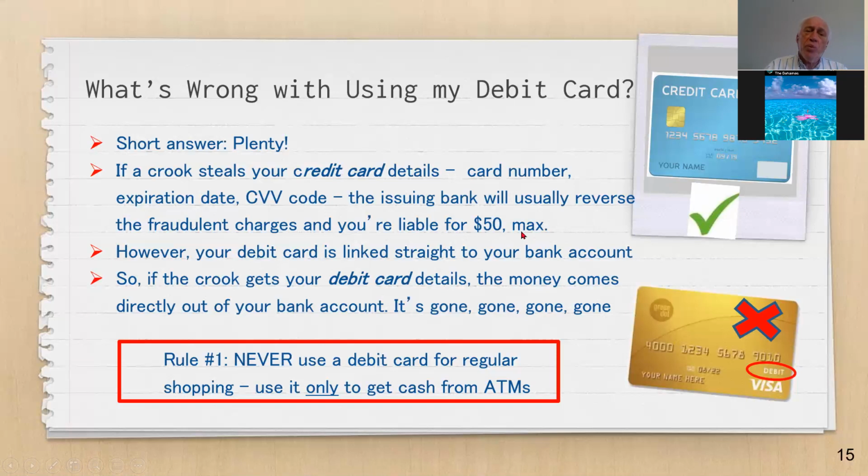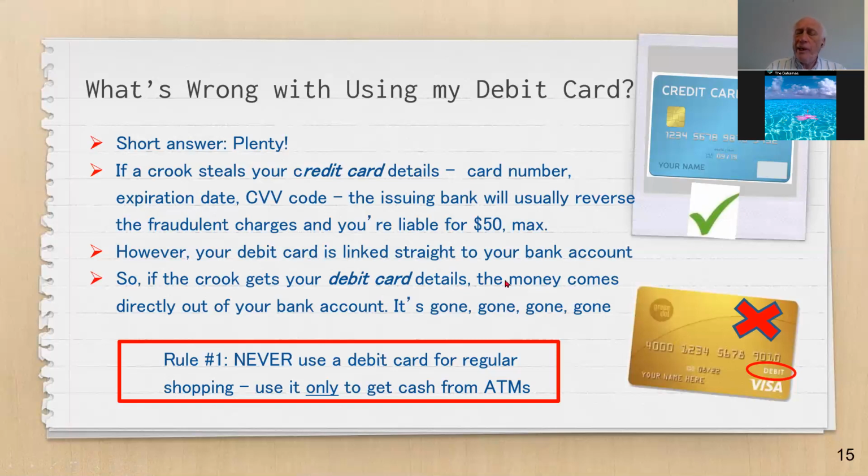Okay, so people say, well, I don't like credit. I don't want to build up any credit. And the answer is very simple. We essentially use a credit card like a debit card. Everything we charge to the credit card is paid at the end of the month. So instead of paying it instantly, you're just paying at the end of the month. You've got to be disciplined not to miss the payment. But then basically, the credit card is giving you a better credit rating.